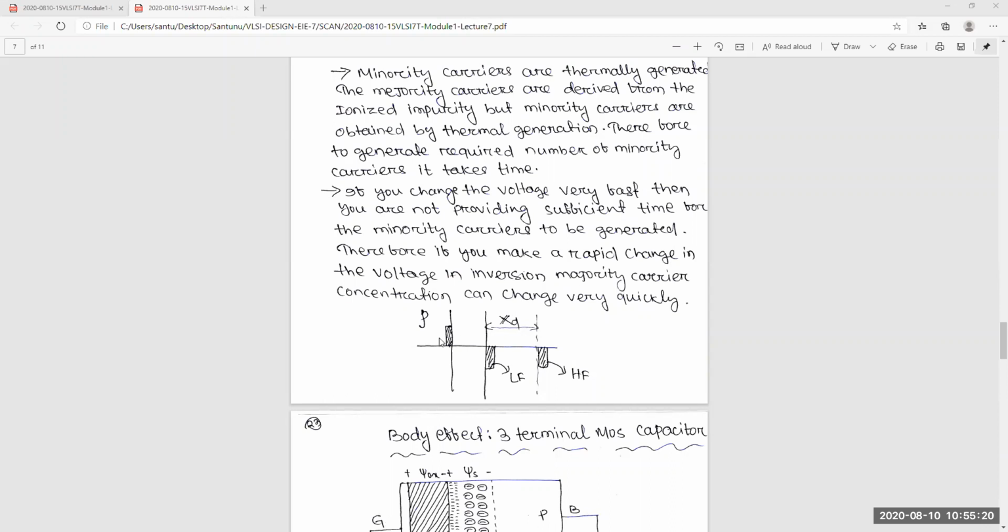And if you change the signal at the gate very fast, then instead of this charge, it will create charges here. To compensate this charge, it will create charges here. So though this width is constant, the capacitance will be constant, and that is its minimum level. During low frequency, these are the charges. During high frequency, charges will come here, and at low frequency, charges will come here. This is the difference between low frequency and high frequency.